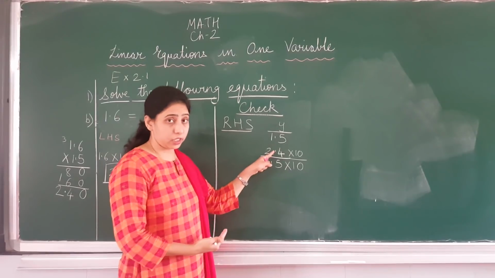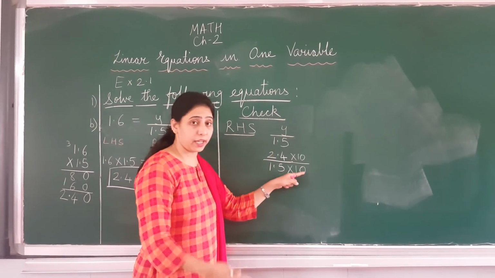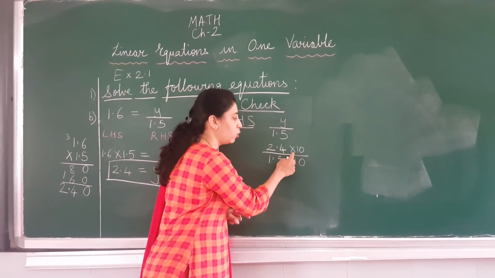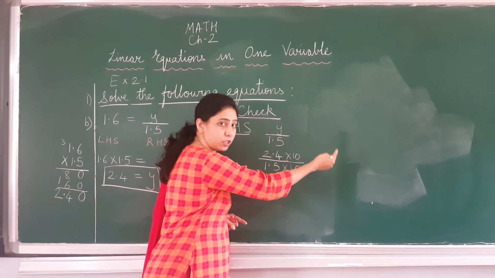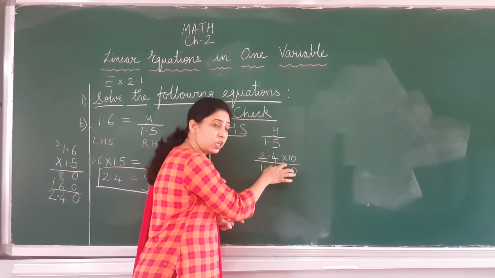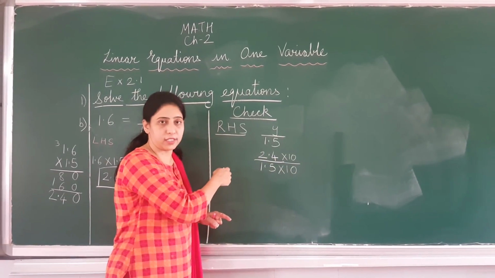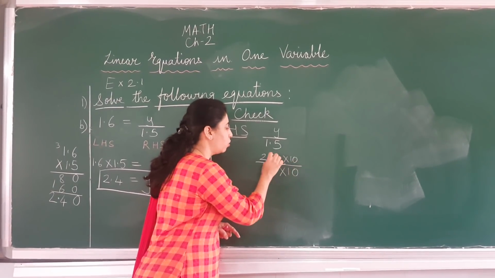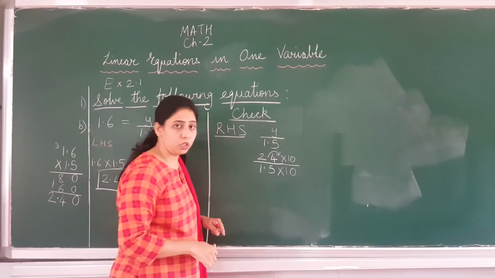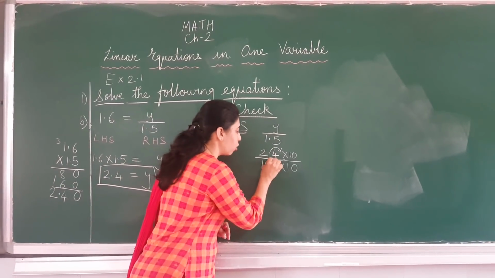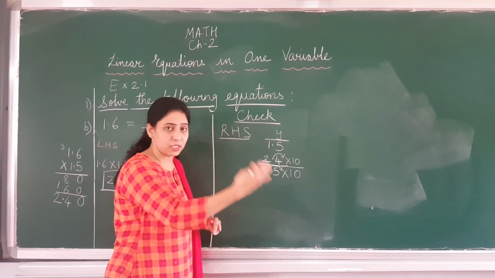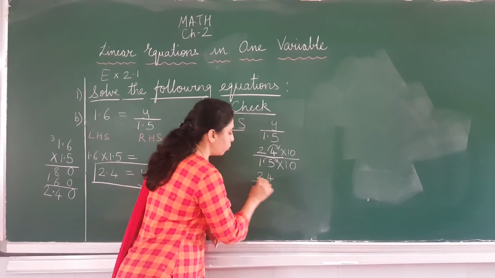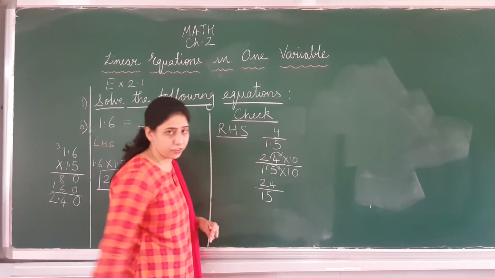And we have already studied this. When you multiply by 10, 100, 1000, you have to shift the decimal to the right hand side. Whenever you multiply, you shift the decimal to the right. And if it is division, you shift the decimal to the left. Now it is multiplication by 10, so you shift it one place to the right. Here also you shift the decimal to the right. So what will be your answer? Your answer will be 24 upon 50.